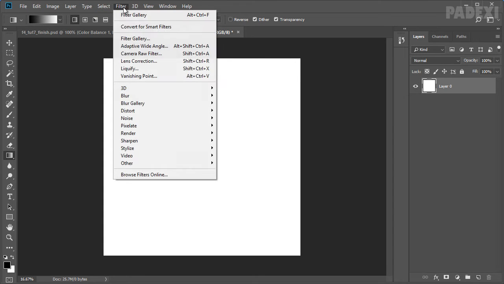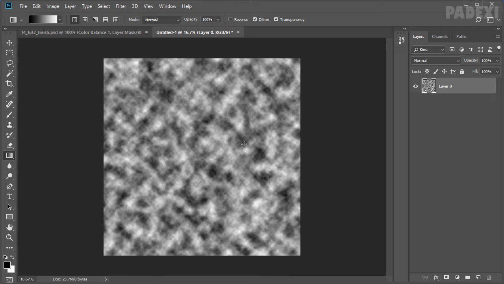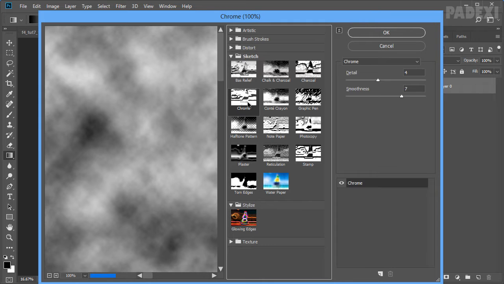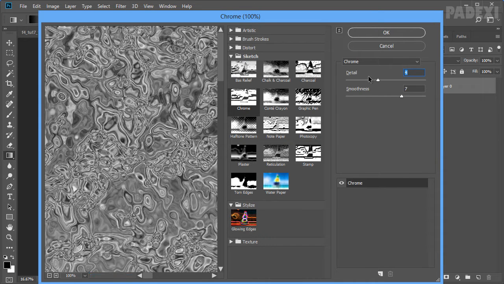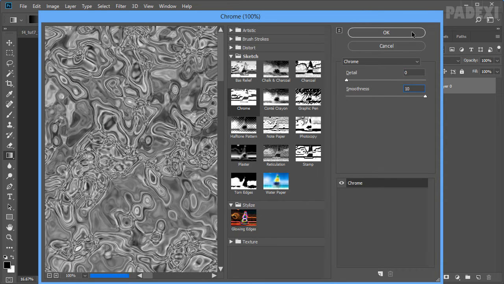Now we need to go to filter, render, and clouds. So this is the output we are getting. Now we need to apply the chrome filter. So go to filter, filter gallery, and then under sketch we have chrome. Set detailing to 0 and smoothness to 10 and click OK.